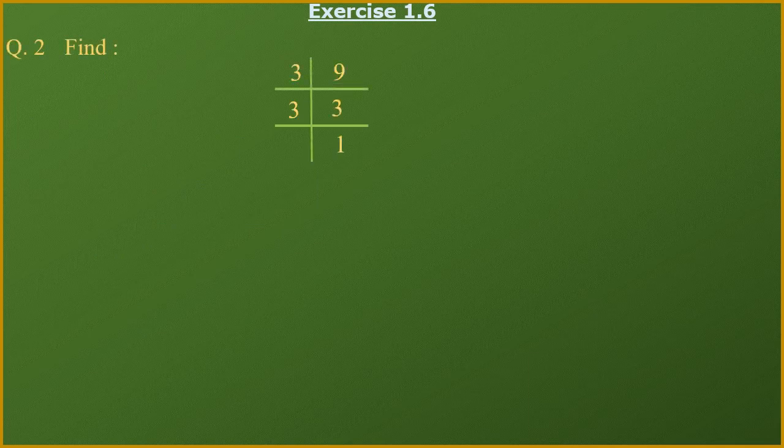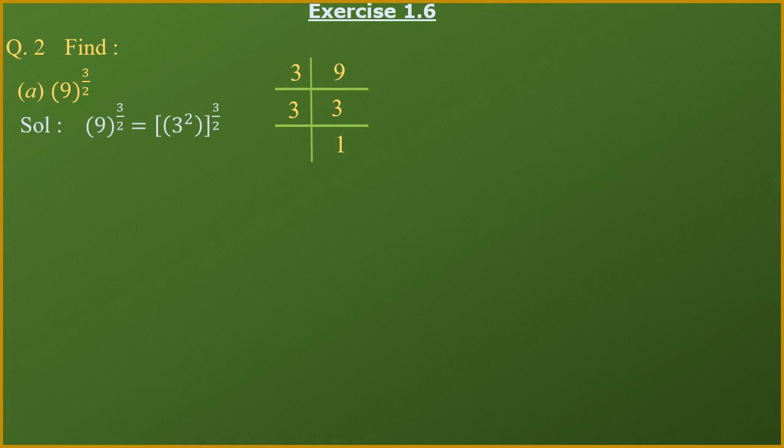Now let us see the second question. Second question, we have given here 9 to the power of 3 by 2. So 9, if I factorize, then you know that 9 is divisible by 3. If I divide 9 by 3, 3 will remain, and again if I divide by 3, it will remain 1. So we can say that here 9 is equal to 3 into 3. So in place of 9, I can write down 3 square.